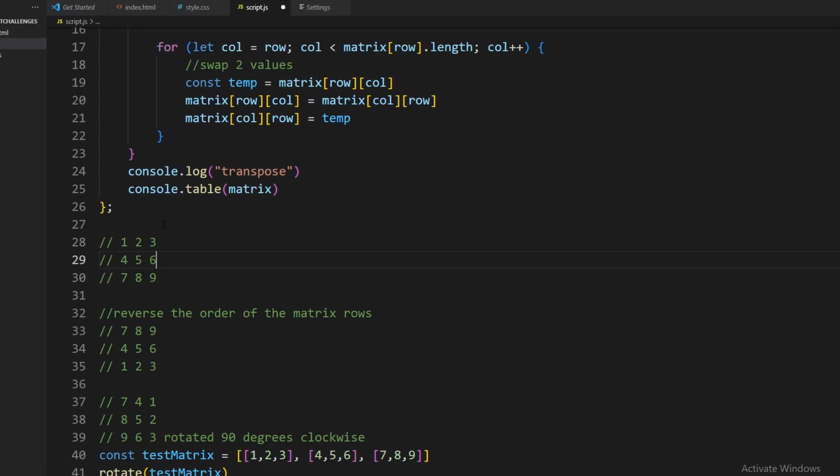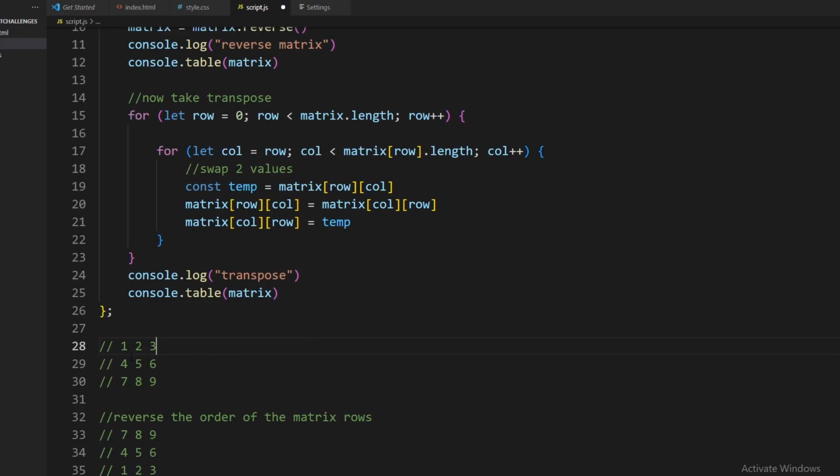That means I don't want to check these values, 4, 7, and 8, because these values are already switched, the new values of the row. And if I just loop through the upper triangle, I will be good,